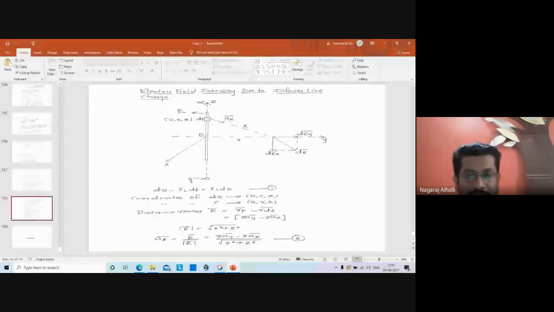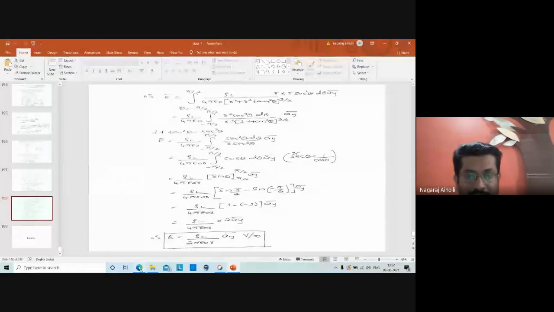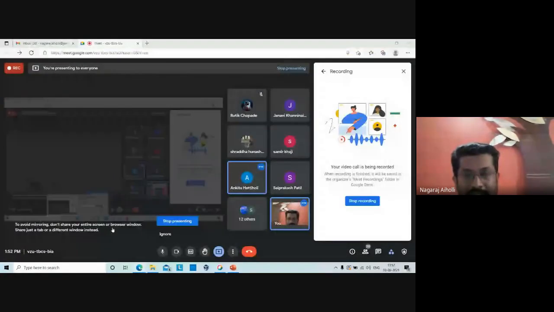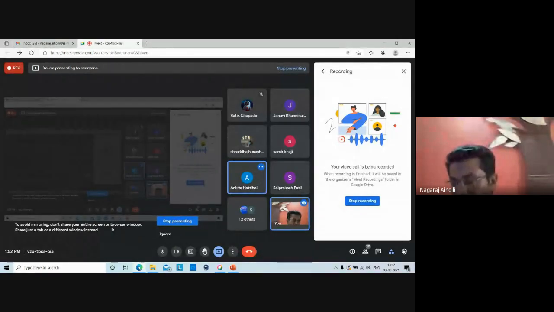Okay, fine. Okay, students. Then in the next class, I'll be continuing with these examples on line charge, finding the electric field intensity, and an example on finding the electric field intensity. Probably we may also take the electric field intensity due to surface charge. Okay, that we'll take up in the next class.